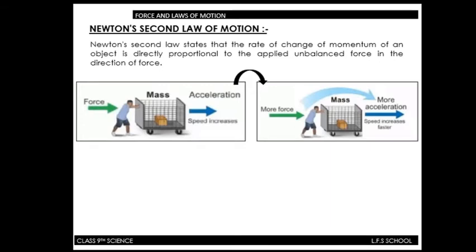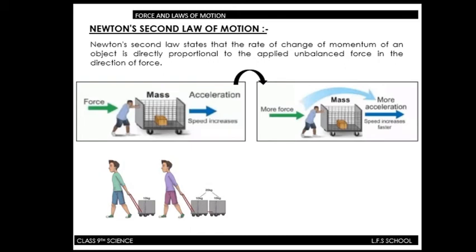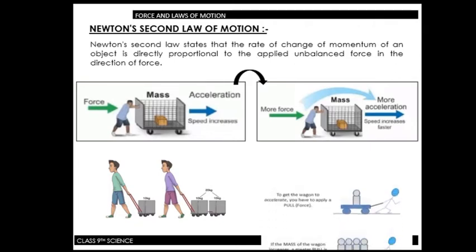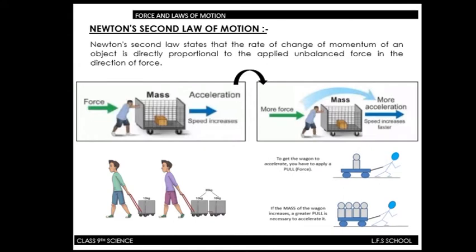Here force is directly proportional to the mass of a body as well as the acceleration. The more the mass, the more force we have to apply; the less the mass, the less will be the force. Similarly, force is directly proportional to the acceleration of the body. The more the force, the more will be the acceleration; the less the force, the less will be the acceleration. See in the pictures, one boy has one box, the other boy is pulling two boxes. In one case the mass is more, in the other case the mass is less. So in the first case the force applied will be less, and in the second case it will be more. Clear?